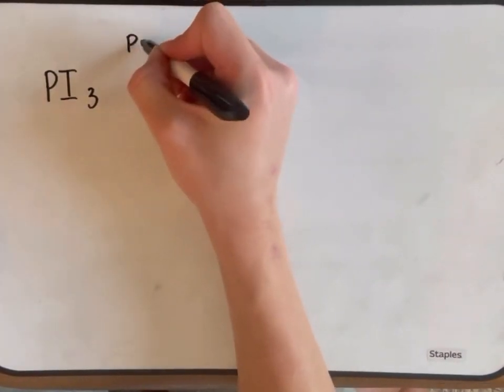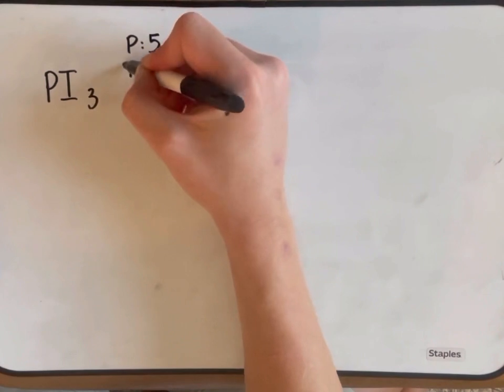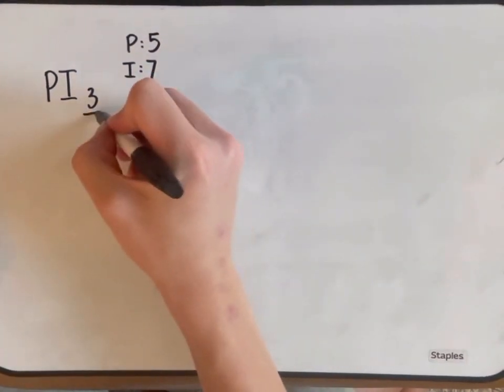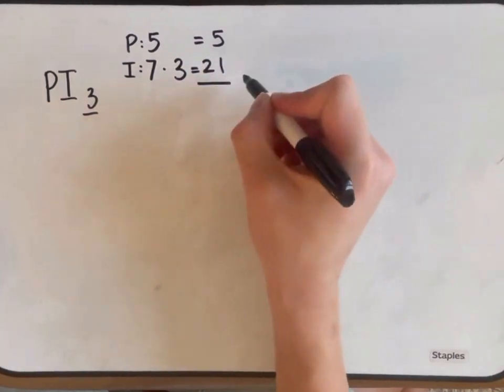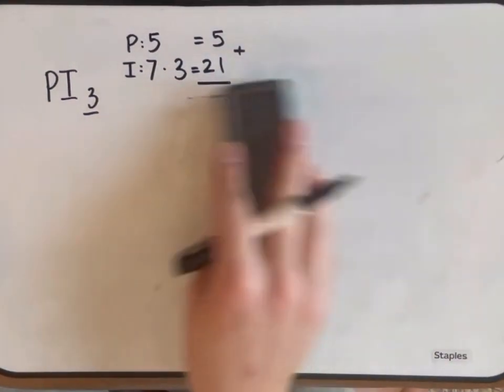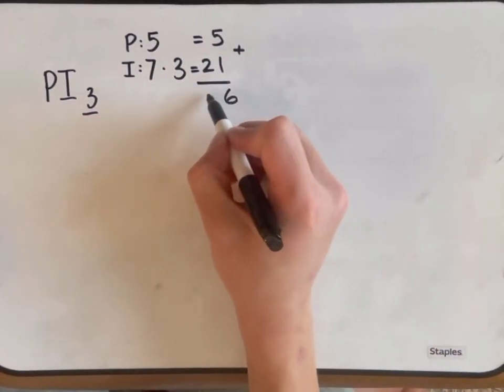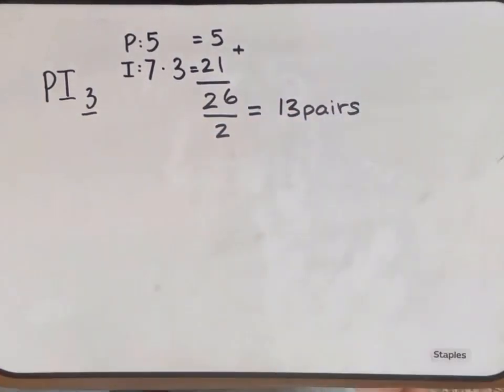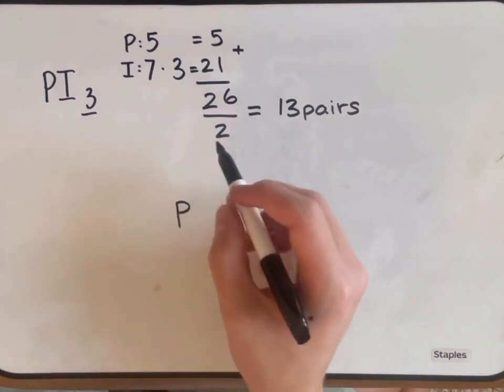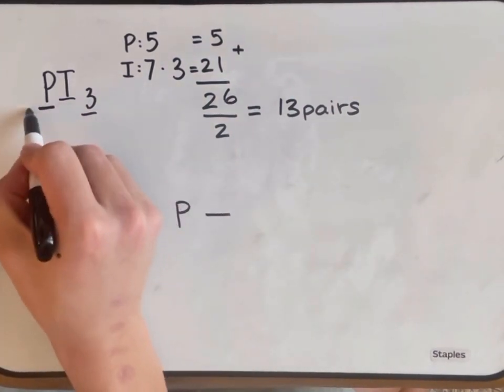Let's do an example. So we have PI3. P, as we know, has 5 electrons and I has 7. However, there's 3 of them. So we have to multiply that 7 by 3. So we get 5 plus 21, which we get 26. However, what I like to do is divide it by 2 so we get the amount of pairs. So now that we have 13 pairs,